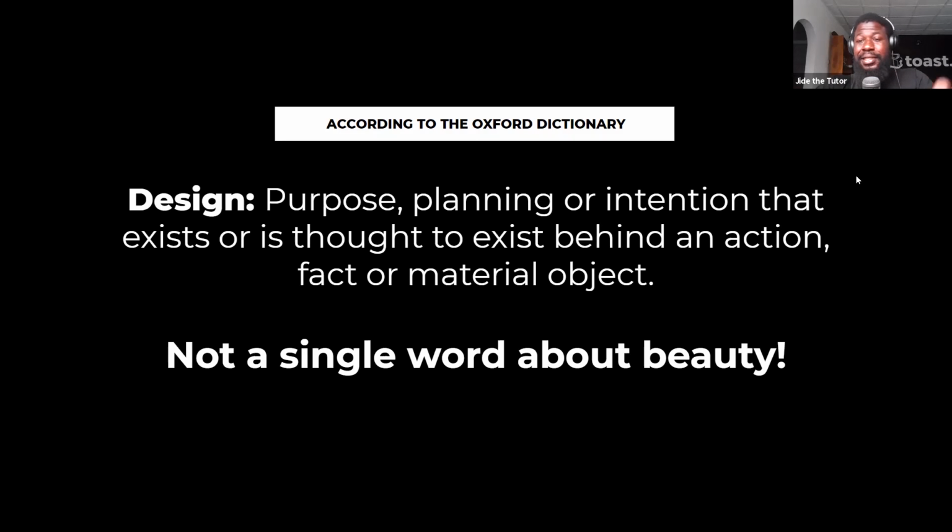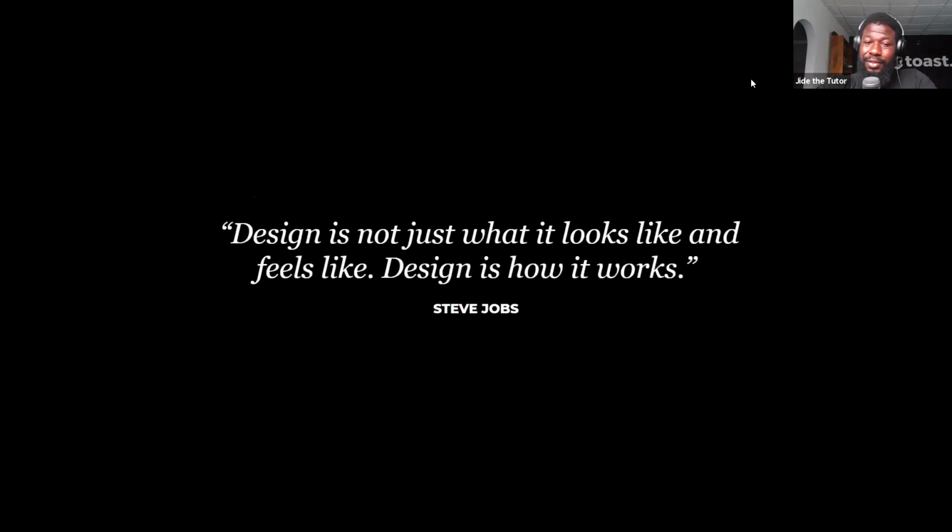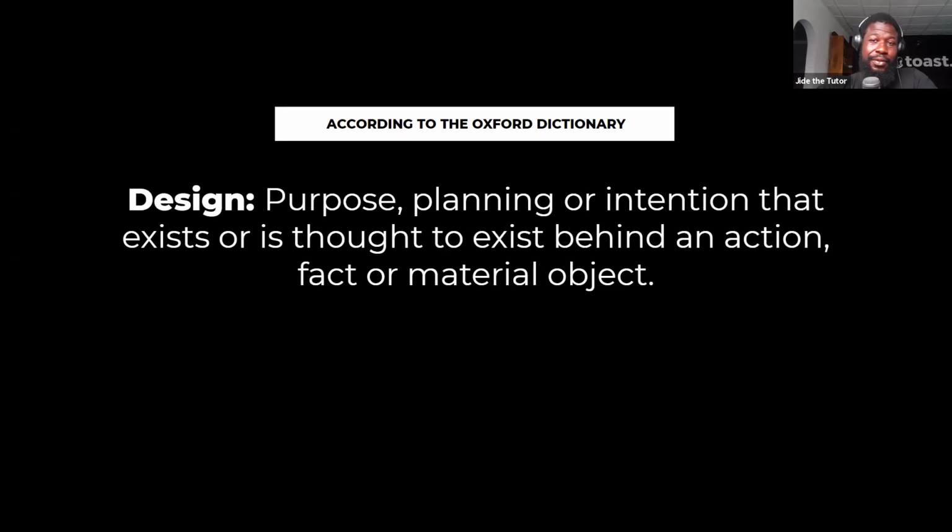Taking this and adding it to Steve Jobs' definition is saying that if you plan something, the action, fact, or material object, and if you go back to Steve Jobs' definition, if it works, then you have designed properly. Does that make sense? If you kick the ball with the side of your foot, it's still a plan, but did the ball go over the gate? Even if you use power, the chances that the ball will go over the gate are less than if you throw it up and kick it before it lands on the floor. Isn't that true? Right. Yeah.